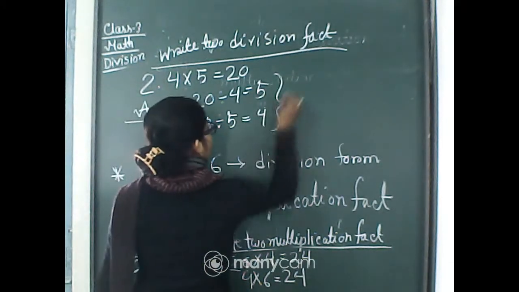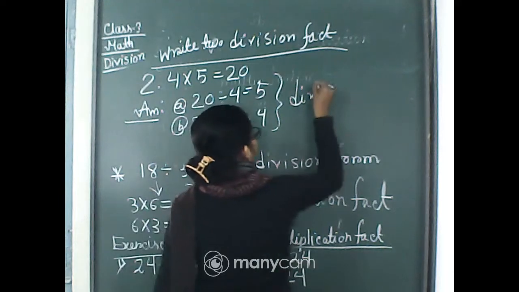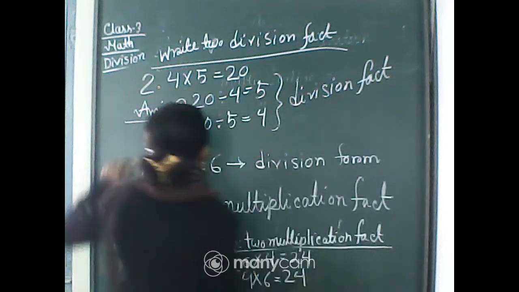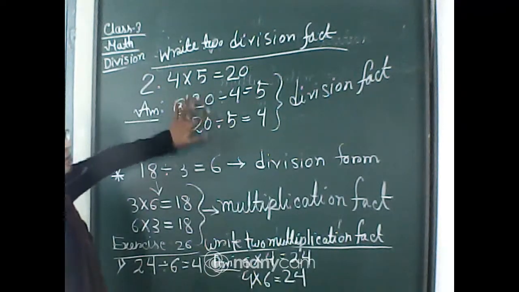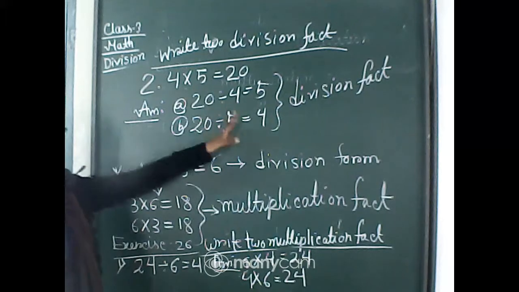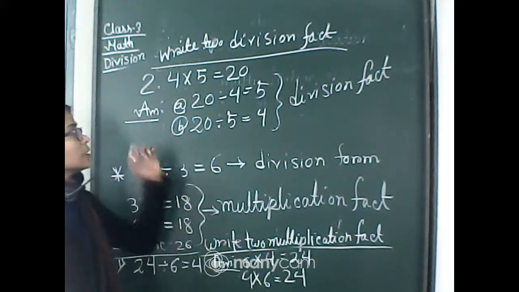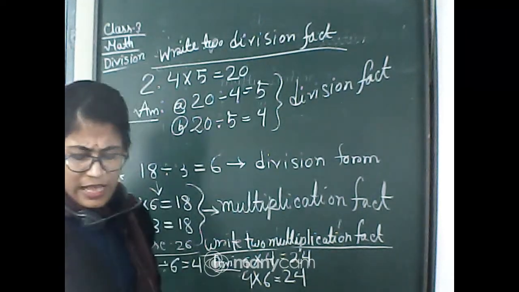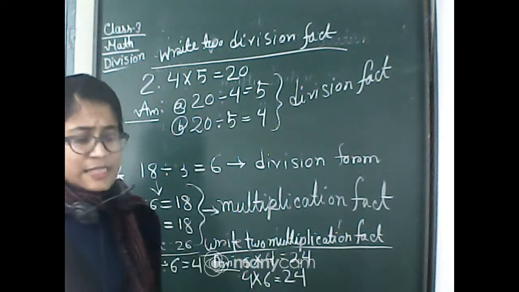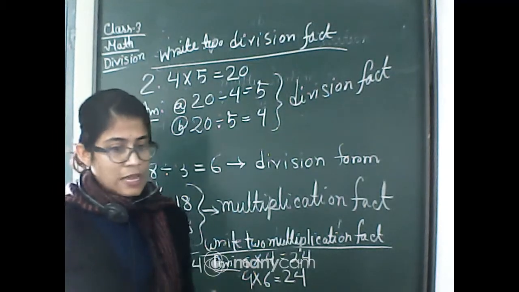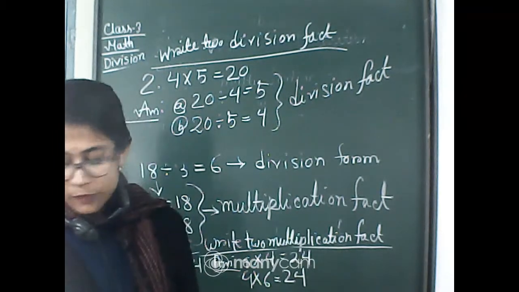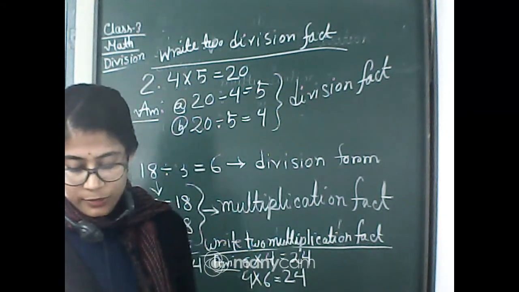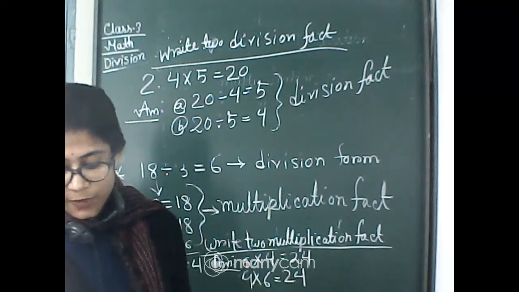Okay. Means here see, 3 numbers have been given. So only these 3 numbers you have to use to write the division fact or multiplication fact. Okay, and this is a very easy and interesting thing of division, I think. So I know that it will not feel hard to all of you. So practice all the maths from this exercise.